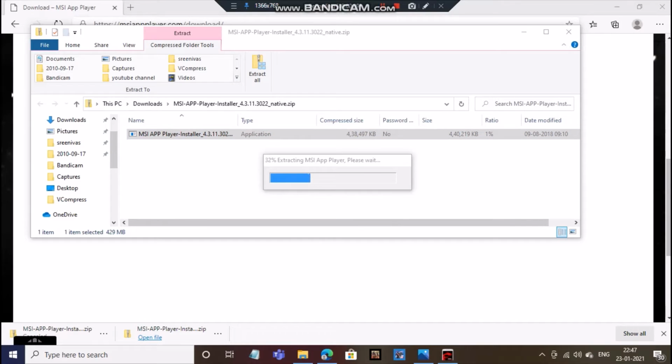Okay guys, so as you can see, it is extracting, since it is a zip file. As you know, zip files need to be extracted at first, because zip files are locked and the contents in it should be extracted when we are opening it. So it is getting extracted over here. Okay, it is completed. Okay guys, so a dialog box opens up and you need to press OK upon it. And now wait for some time, it will get opened up.